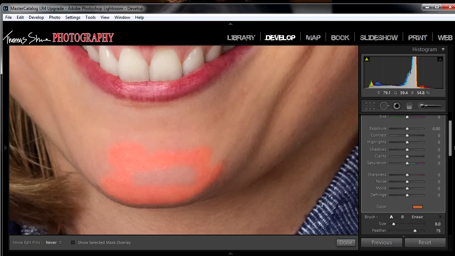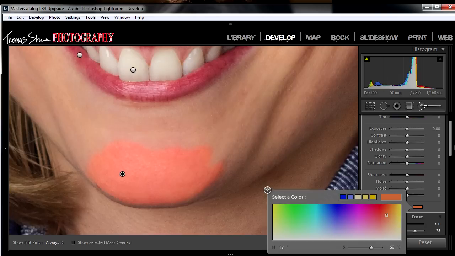So I come over here and I just paint on the chin where that discoloration was, and this is great for doing blotchies if the skin is blotchy. Okay, so now we've got that painted. What we'll do is we'll come over here and we'll drag it down to 0 saturation. That's 0. Okay, we'll bring it up a little bit and we'll move it to where the color